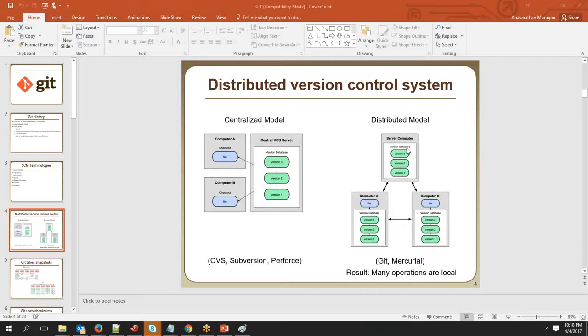So that is how this way of working goes, where if needed you can share directly with any other user, or if needed you will maintain a separate copy called the central workspace, which will be used only for storing and sharing the change, whereas here you will do the modification as well as store the change. So this way of working is what we call a distributed model, and hence